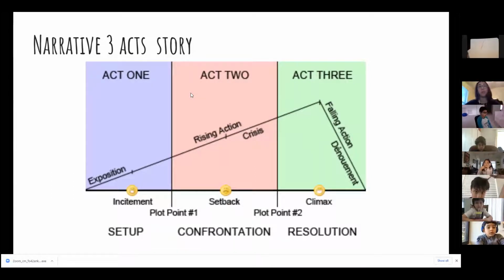So let's talk about story. So this comes from Disney. Here is the hero's journey,